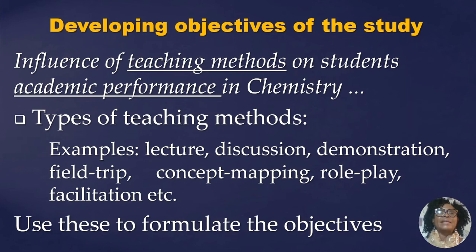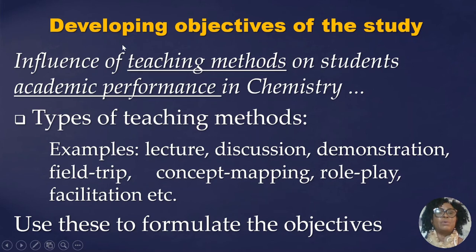Let us look at how we can develop objectives from what you have already marshaled out before. So developing objectives of the study, looking at this title: influence of teaching methods on students' academic performance in chemistry. If you look at this title, you will have influence. Influence here is the action word, which stands for the association. Teaching method is the independent variable you are studying, to determine how its manipulation can produce variations in the outcome, the academic performance of students in chemistry. But the location is not here. There are some other details that are lacking here. If you are stating the purpose, you should always try to accomplish this.